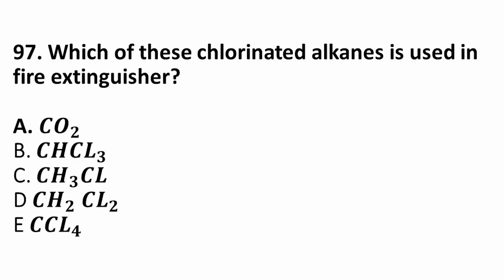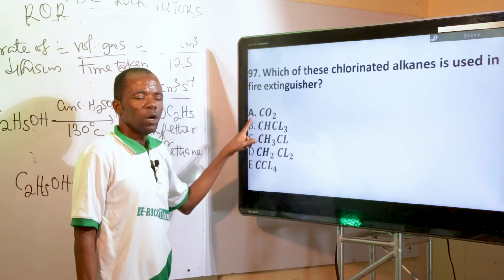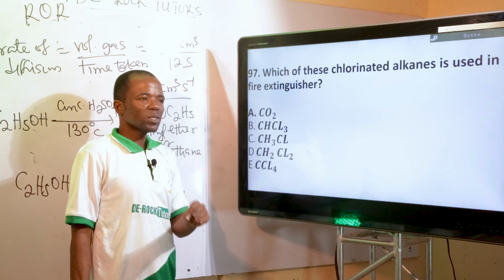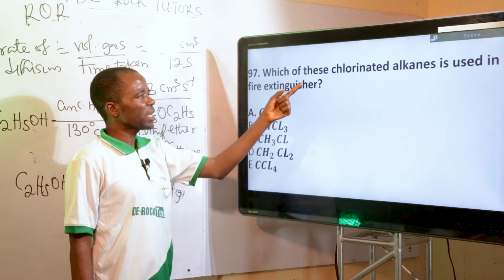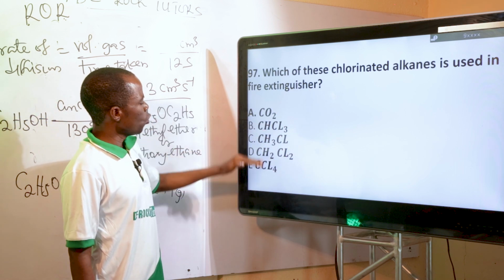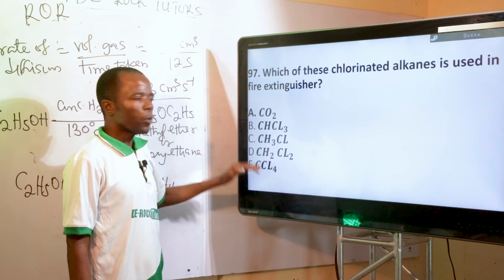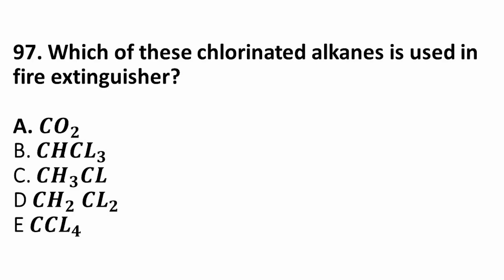Which of these chlorinated alkanes is used in fire extinguisher? Now, if you are not careful here, you are going to go with option A, which should be wrong. Even though carbon oxide is used in fire extinguisher, is carbon oxide a chlorinated alkane? No. So, options B to E are chlorinated alkanes, but which of them is actually the correct answer? The correct answer is option E,